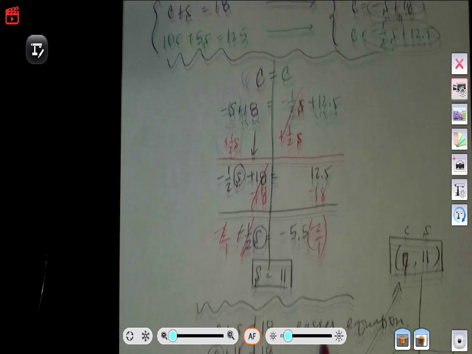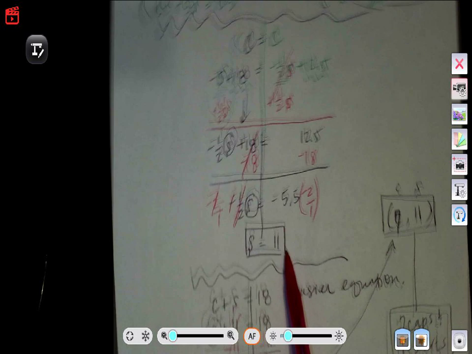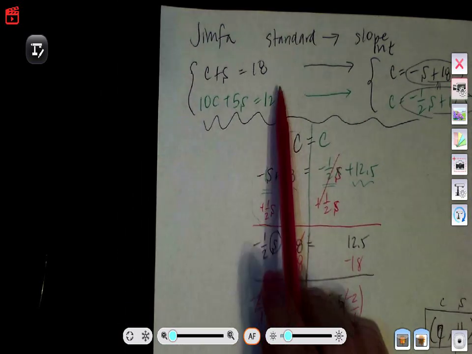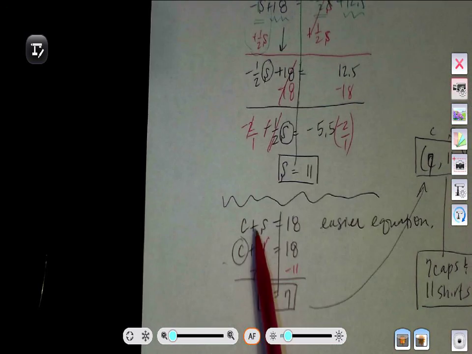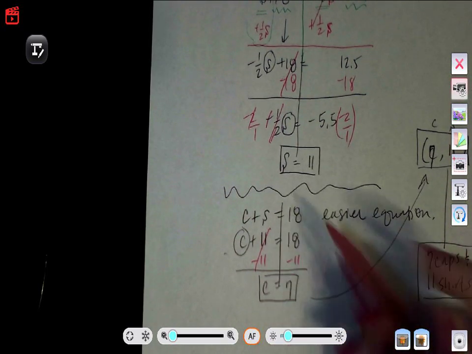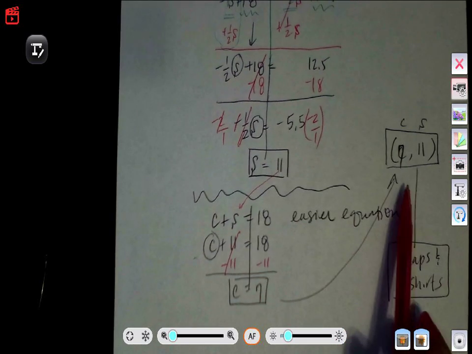Last step is to substitute this answer into one of the equations. So looking at the 2 original equations, I said, okay, this is an easier equation. So into the equation C plus S is equal to 18, that 11 that we just got, we plug it in to find out that C is equal to 7. In other words, now that I have 2 answers, 7, 11 is my